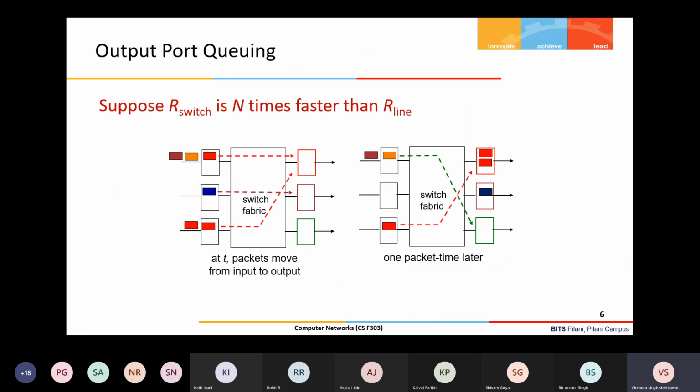So now this buffering has two issues, whether it is happening at an input port or an output port. There are two consequences of the buffering. One is the delay; it increases the average delay of the packet.